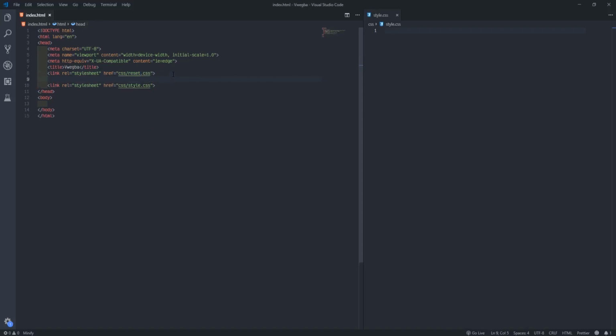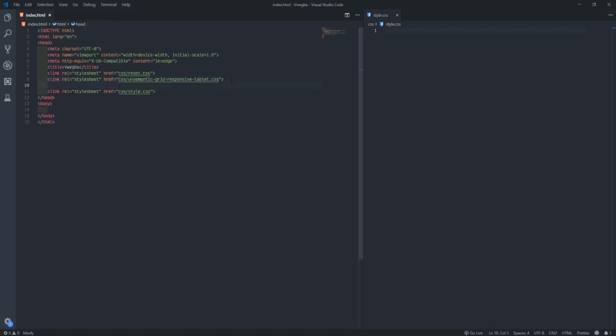Then I'll come here and link my own semantic grid, which I must use. I'll say CSS slash semantic grid responsive. If you still don't understand this one, I already created a video for it, so all you need to do is go and watch the video so that you can understand what to do here.